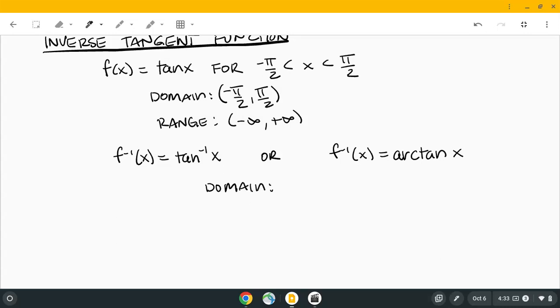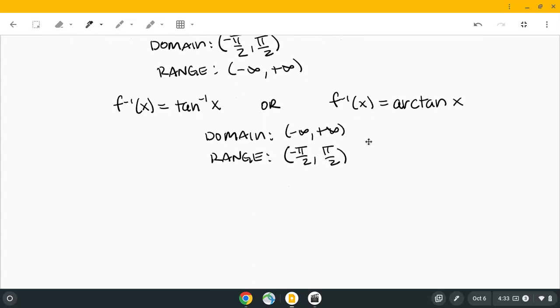So domain is negative infinity to positive infinity. And then our range is going to be, again, we can't include negative pi over 2 and pi over 2. We have to stop short. And again, this means that our answers are angles